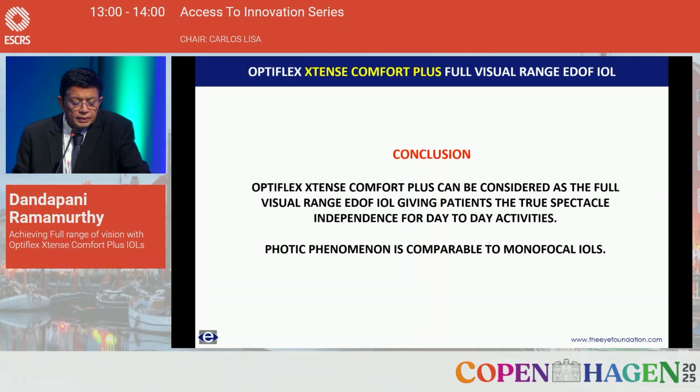So in conclusion, Optiflex Xtense Comfort Plus can be considered as a full range of vision EDOF IOL, giving patients a true spectacle independence for day-to-day activities. Most importantly, the contrast sensitivity loss and the photic phenomena are comparable to the monofocal intraocular lenses. Obviously, there are several other alternatives that are available to us today,